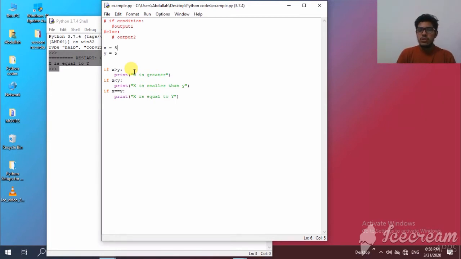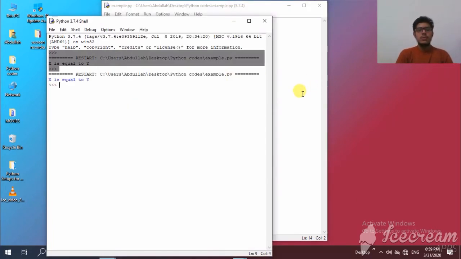What if we want to check the second if statement only if the previous one is false? We don't want to check the next if statement if the previous statement was true. In order to do that, there is another statement which we call the elif statement. It has a simple basic syntax. We just write elif here, and similarly we write elif here. Now if I run it,